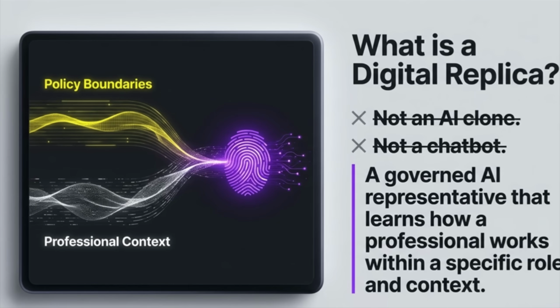So it is not just learning documents or policies. Learning documents is useful, but it is not enough. A policy tells us what is allowed, but an experienced professional knows how to apply that policy in a real situation. They know what to check first. They know what feels risky. They know when to ask for evidence. They know when not to escalate. They know when escalation is necessary. They also know how to explain a decision clearly to different stakeholders. That is what I call professional DNA.